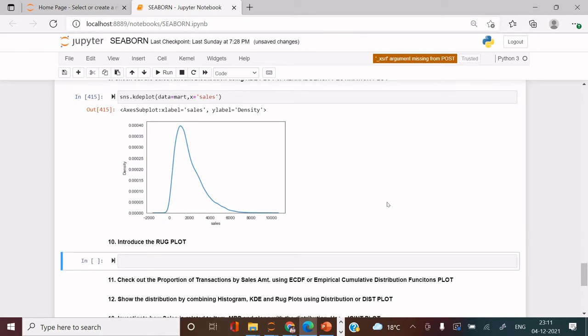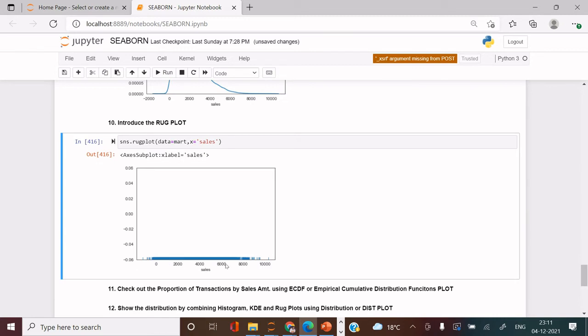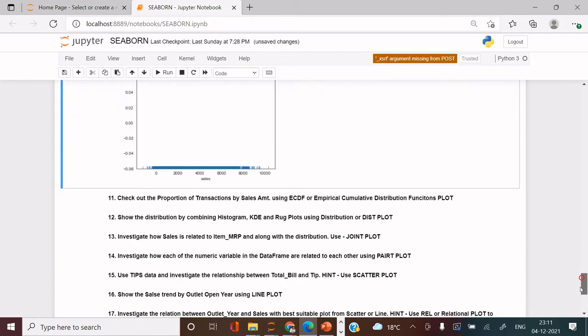Next thing which we're going to see is a rug plot. Rug plot does nothing but it just shows you the distribution by each data point. Rug plot, and again in this also mart and x equals to sales, and just hit control plus enter, and then you will have your data plotted over here. It's just taking more time because of the huge size of data, and it has to plot. Now there are many options available to style this particular rug plot, and this makes more sense when you combine it with a histogram and KDE plot, right, to show each of the data points. Again, a separate video is available for this also.